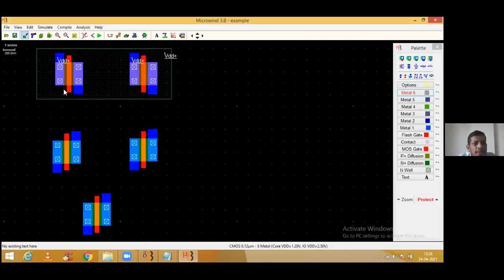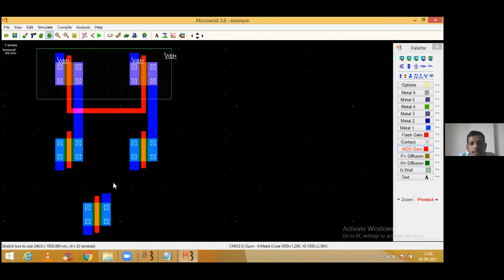Okay, now what I need to do? I need to connect these two together. Both the gates should be connected with each other. I'm going to connect it like this. And now I need to take the connections from this end. Actually, guys, you have to do it on your own, okay? Still, I'm investing some time. Connect it like this. That's fine. And the remaining terminal, the drain source combination that you are going to consider, should be connected with each other like this.